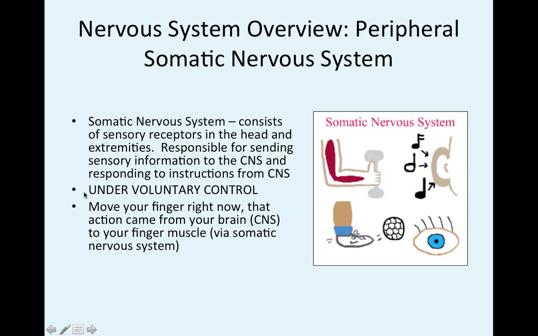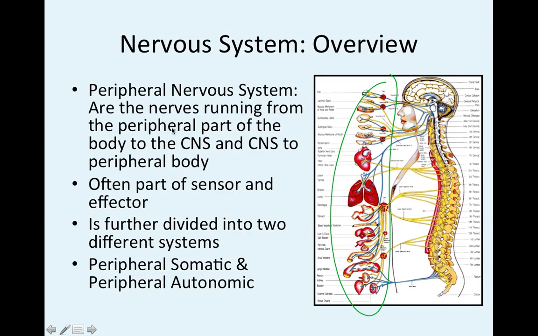This is the key part, and if you were highlighting things, and again, I suggest you print out these 6 slides per page or 3 slides per page and highlight. You want to highlight this part right here. It's under voluntary control. So our somatic nervous system is the things that we want to do. Like if I want to move my arm, I'm going to send